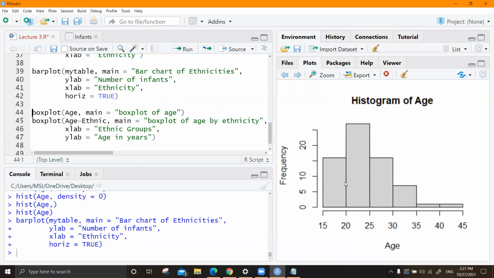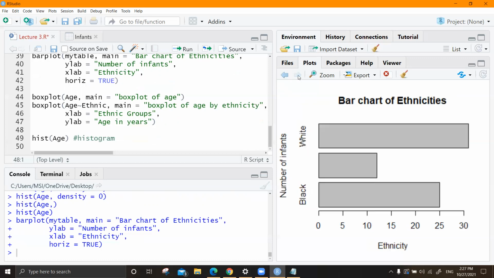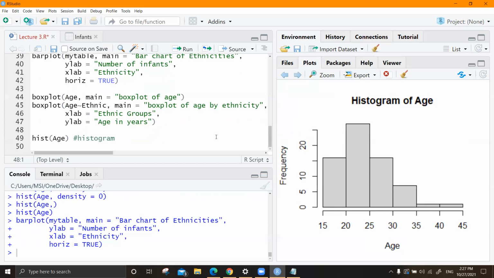But in a histogram, you have a continuous variable and a frequency, right? So it shows you the distribution of age, the shape of the distribution of age. Shape means how age is distributed in this sample. So histogram gives you that. And see, there are no gaps between bars. But in a bar chart, you have gaps between bars. So there are dissimilarities in this. So don't confuse them. Histogram and bar chart are two different things.